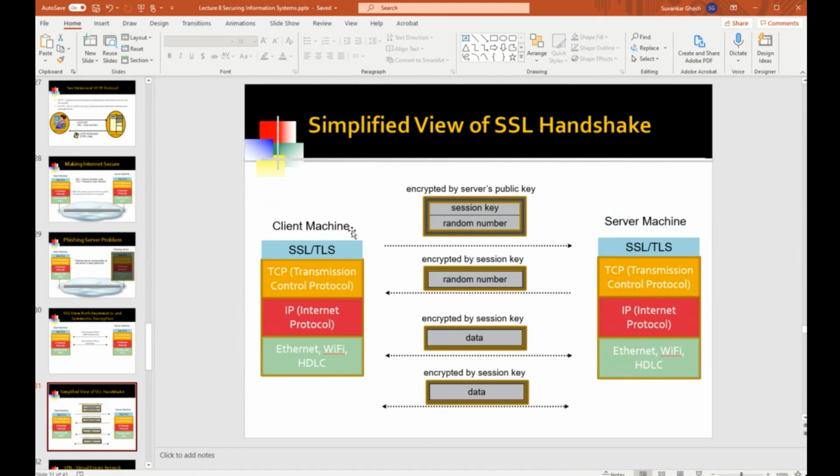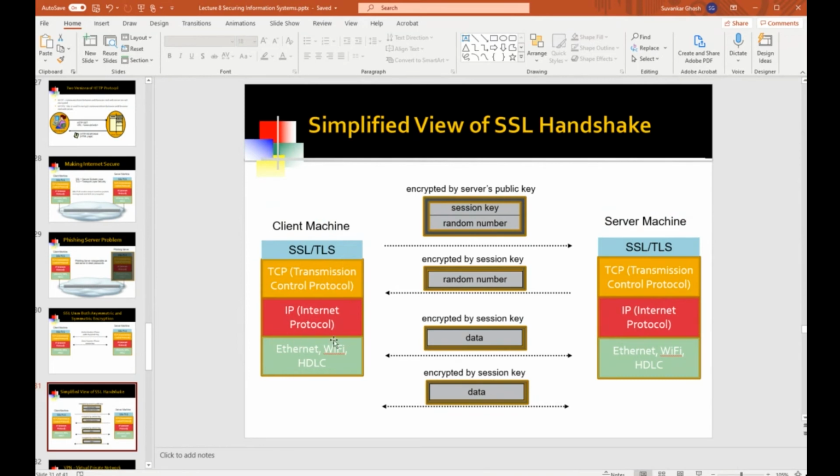Essentially, during the authentication phase, the client is authenticating the server. It's making sure you are talking to the right server. And as part of this authentication phase, there's also the session key that is being securely sent by the client machine to the server machine.